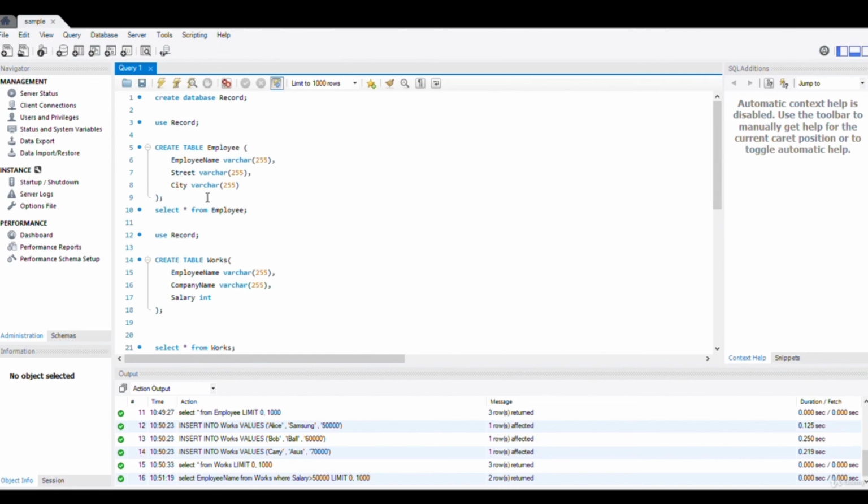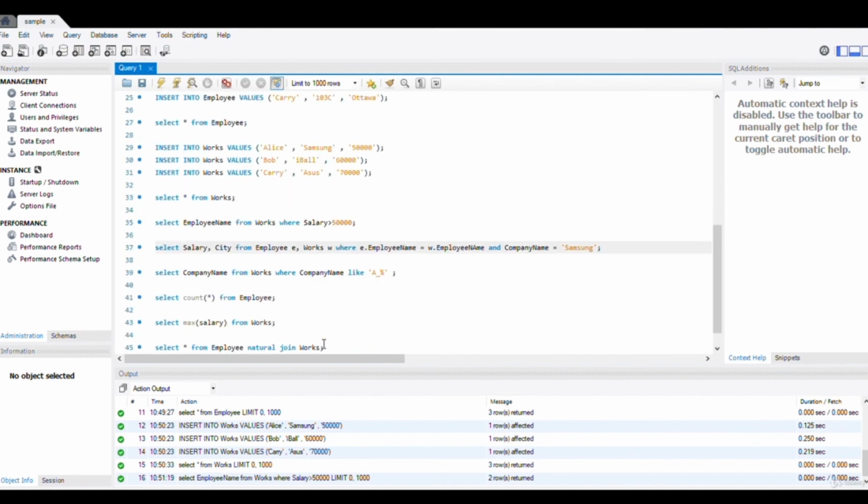Employee name is the common column between these two tables. So we'll write the query as select salary, city from employee E and works W, where E dot employee name is equal to W dot employee name. So what are we doing over here? We are establishing a relationship between the two tables, and company name is equal to Samsung.